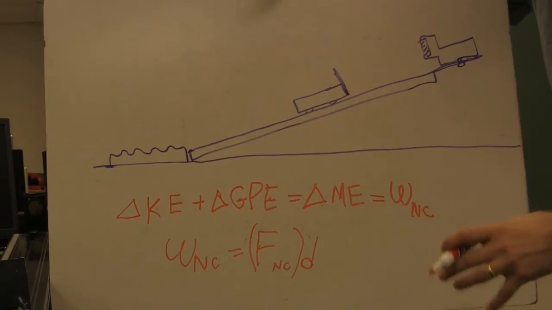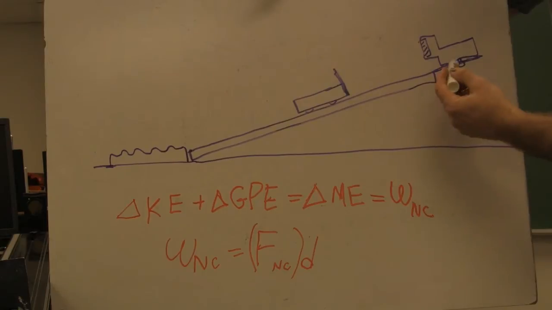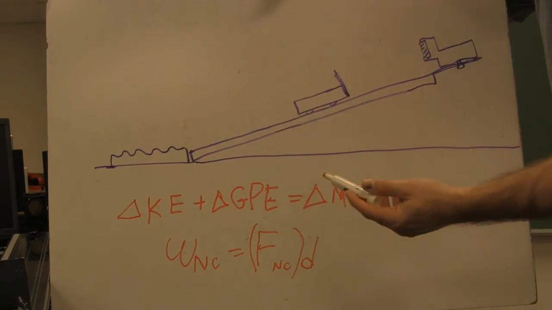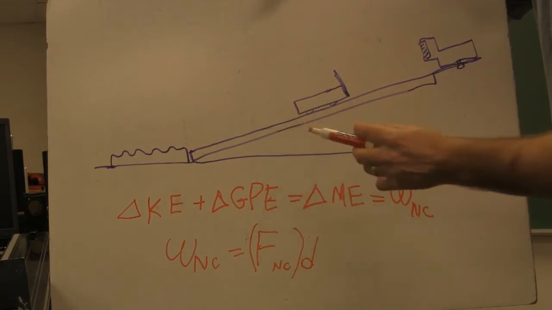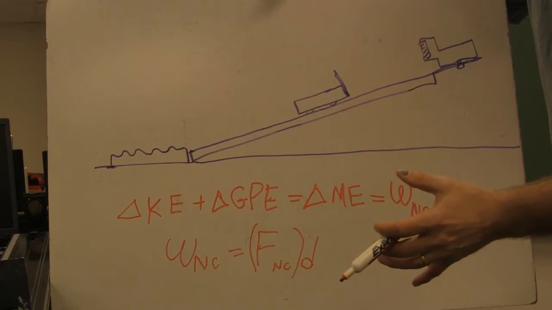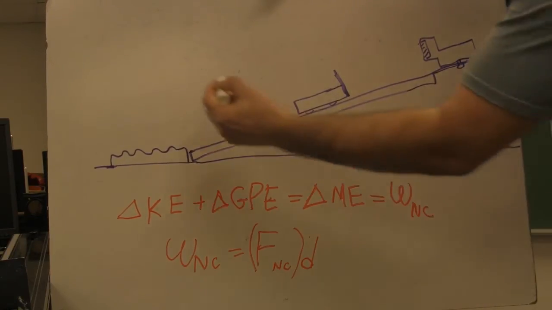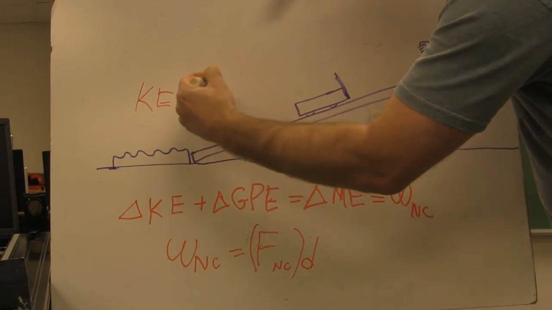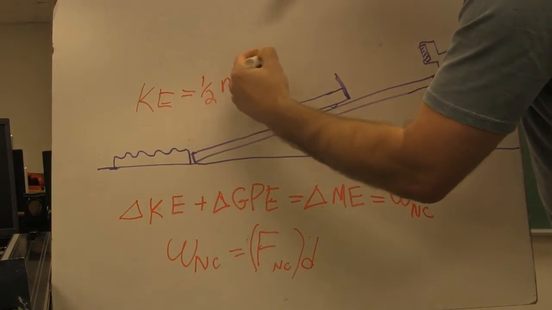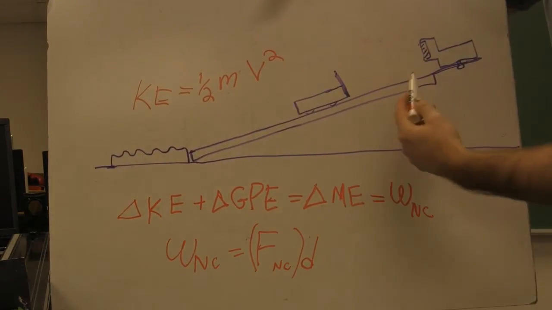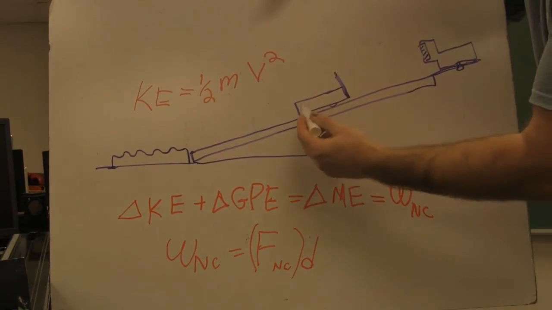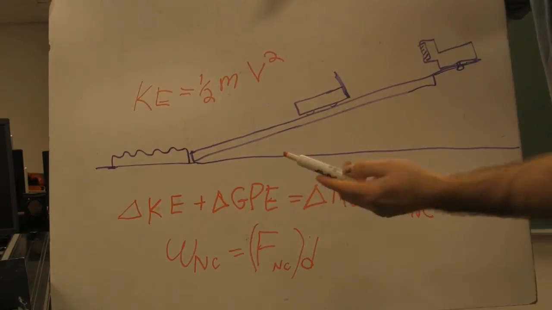So let's take another look at our diagram. Now you see up here the motion sensor at the top of the track, and it's viewing the cart as it rolls down the track. Now as it gets faster and faster, as the velocity increases, then you're going to get an even greater increase in kinetic energy, because kinetic energy is equal to 1/2 the mass of the cart times the velocity of the cart squared. Kinetic energy increases with the square of the velocity. So under a constant acceleration, this velocity is increasing at a constant rate, but kinetic energy is increasing with the